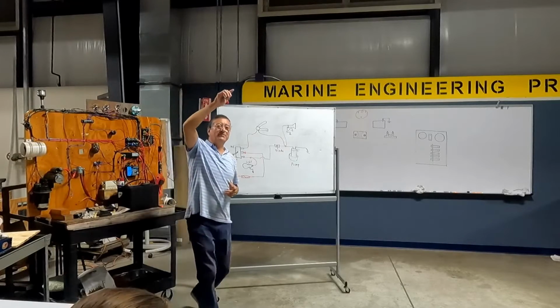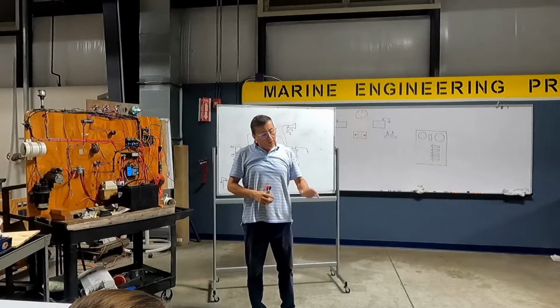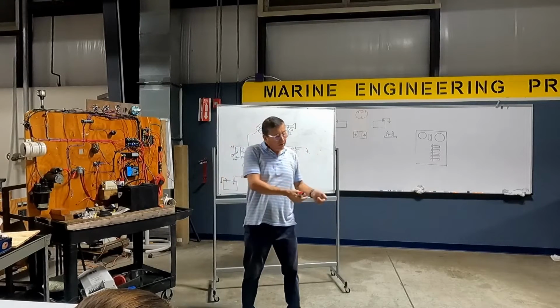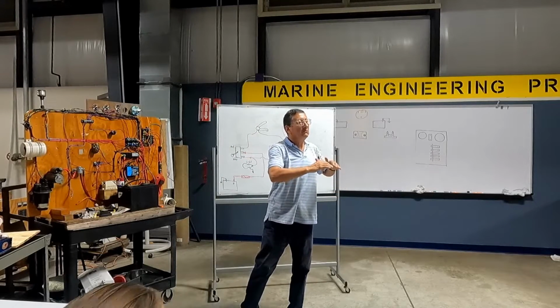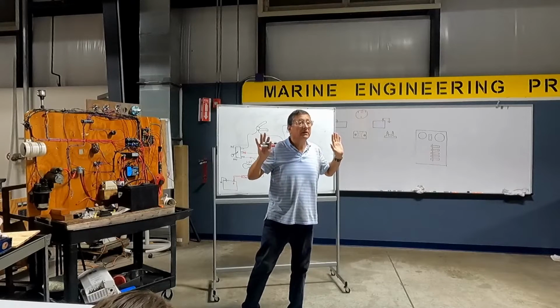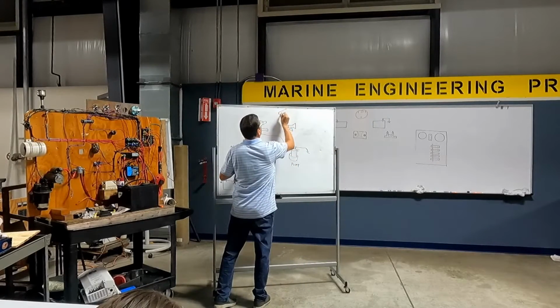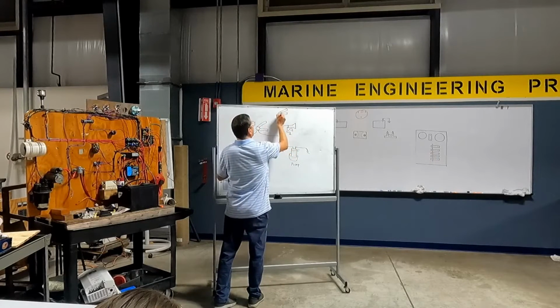Excuse me, I have another question. In my boat, the captain said, I want the bilge pump over there. It's nice, it's okay. But I wanted another flow switch a little higher, 12 inches higher for safety. This is the other flow switch. How do you install the second one